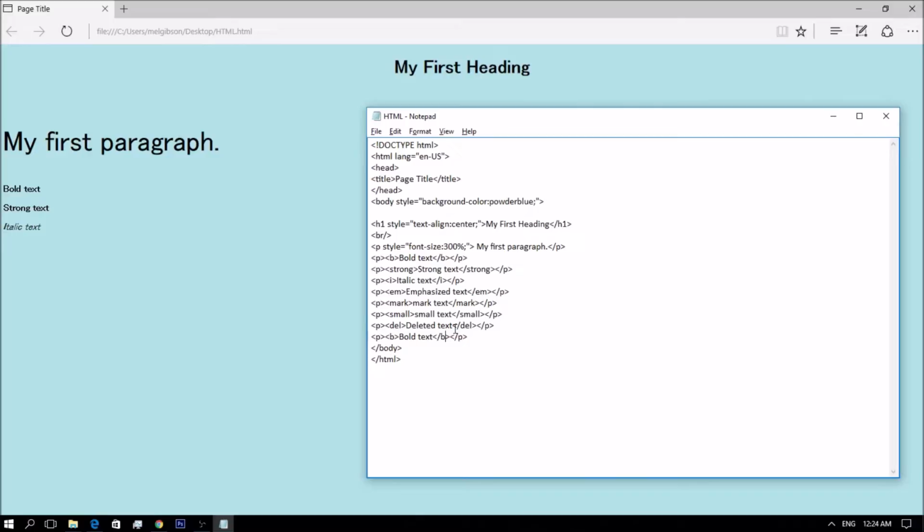Next one is the inserted text. The subscript text. And the superscript text.